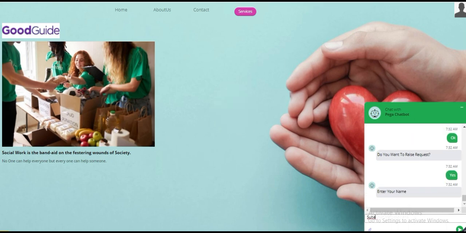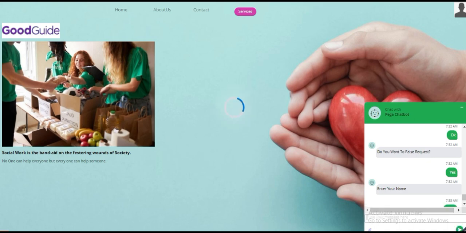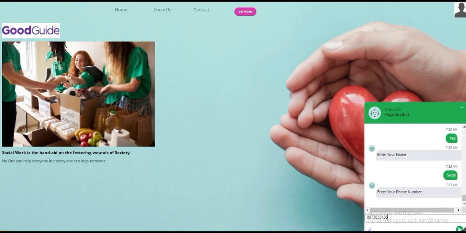So he can enter personal details such as name, contact number, email ID, and the address to which the dresses need to be delivered, and the number of dresses needed, like how many male dresses, how many female dresses or how many kids dresses are needed. He needs to update that information, and the information he enters will be sent to the donor who is interested to donate to the particular address.